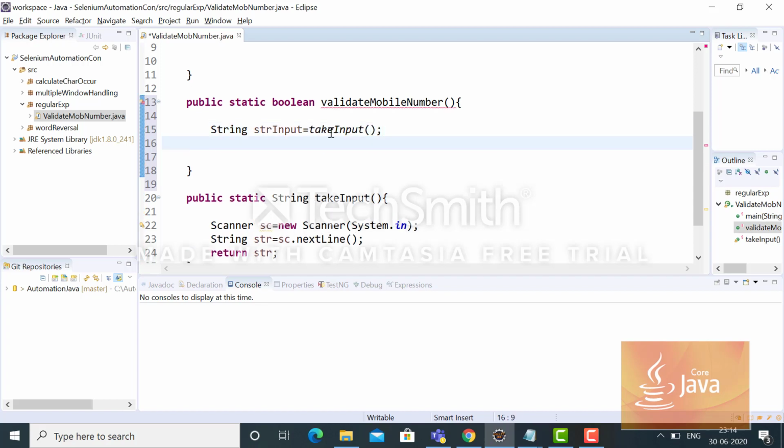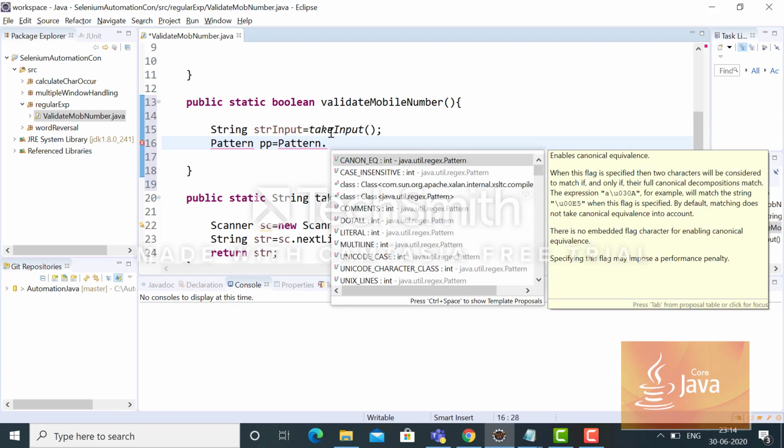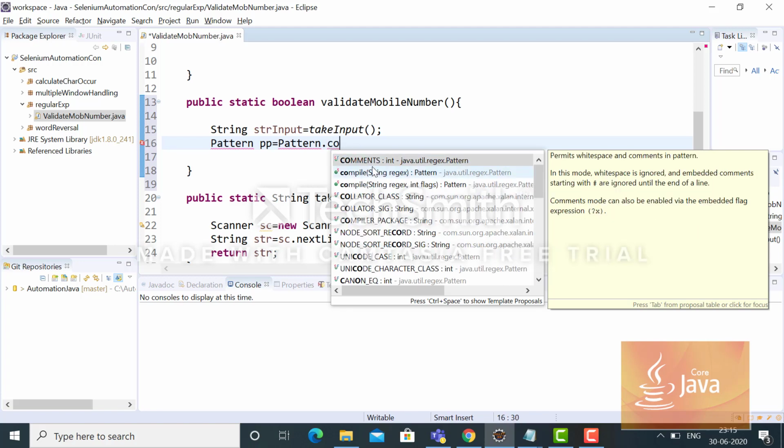Then I have to take help of the Pattern class. Pattern pp equals, there is a method called compile.